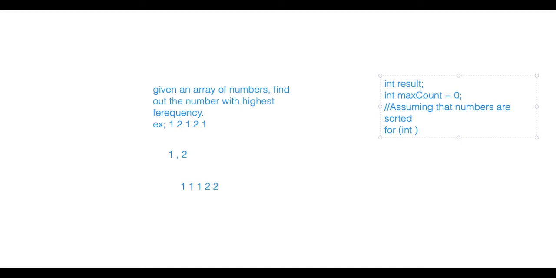So you are right here, but rather than just looking at the second last number, what we can do is that we have just figured out our goal. Before even going into the array, we have found out our goal. What is our goal? In the whole array, we have to keep track of two things: one is the maximum count, and the second one is the result. And at the end, we will have to return this result.